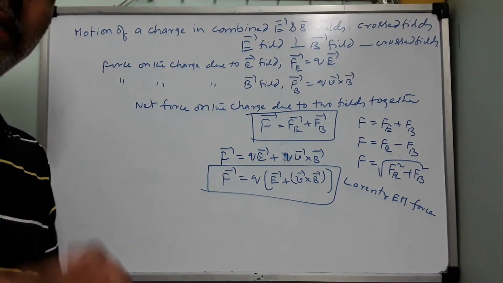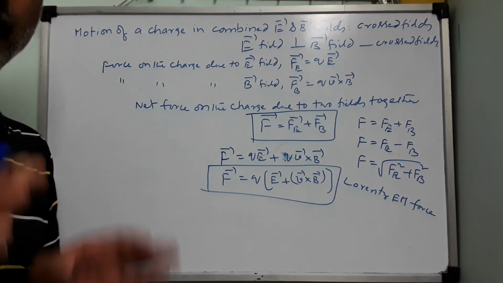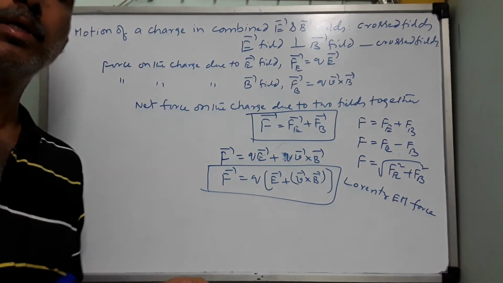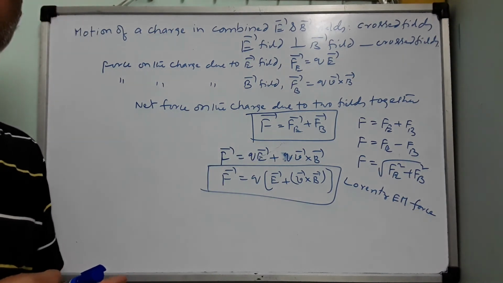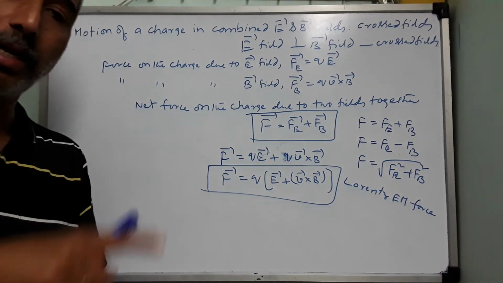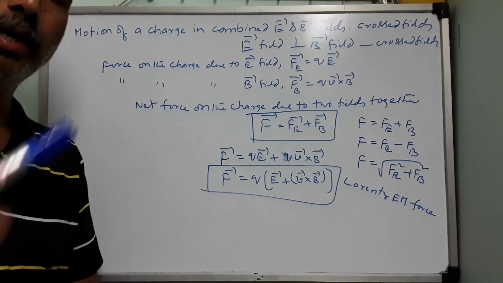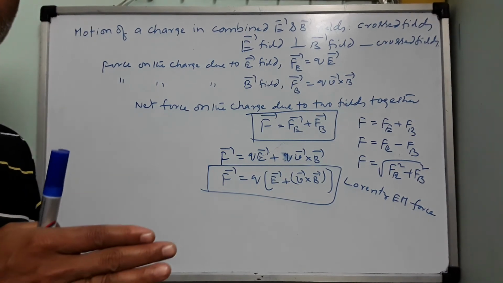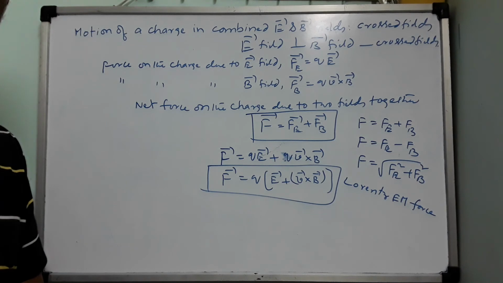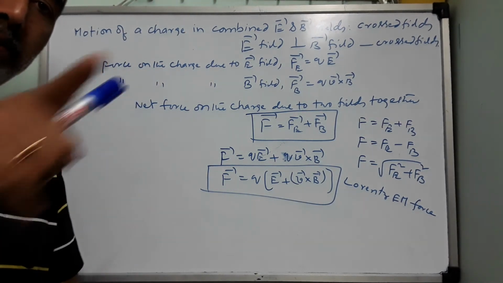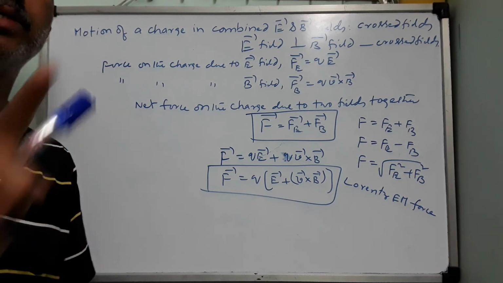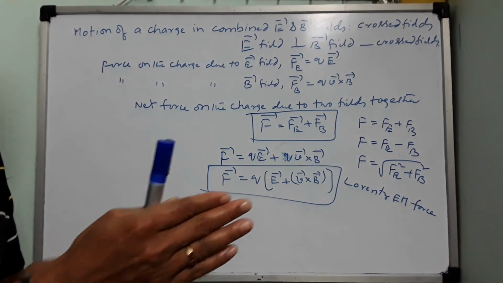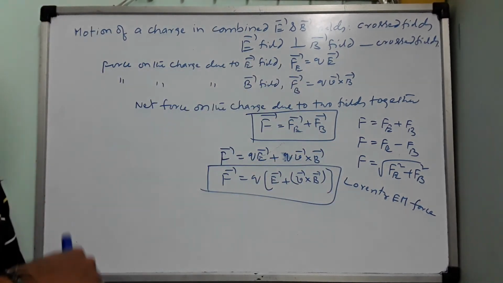The electric field can accelerate, but remember children, the magnetic field cannot accelerate. It can give only centripetal acceleration. It cannot give a linear acceleration. Centripetal acceleration is acceleration in the circular path only. So the direction keeps on changing, the magnitude will remain the same. But in linear acceleration, velocity keeps on increasing, whereas in the circular path, the magnitude of velocity remains constant. Speed will remain constant. In linear motion, the magnitude of velocity will increase, but the acceleration will remain constant.